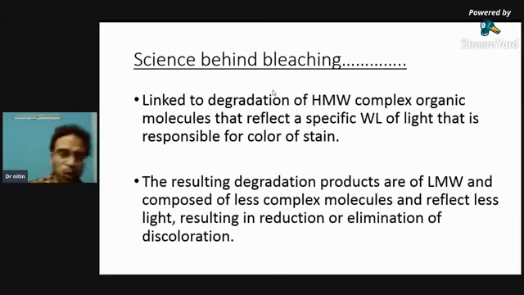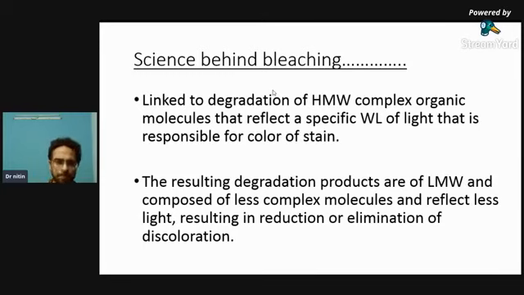Now is the main core of my today's session, which I want you guys to understand. That is, what is the science behind bleaching? How does it act? What is the oxidation reaction which is taking place in carbamide peroxide or hydrogen peroxide? What are the active components which act on these pigmented molecules of tetracycline or any intrinsic tobacco stain or fluorosis tooth or whatever the discoloration is there? How actually it acts? So this funda will help you understand how bleaching agents act, and secondly what cases to